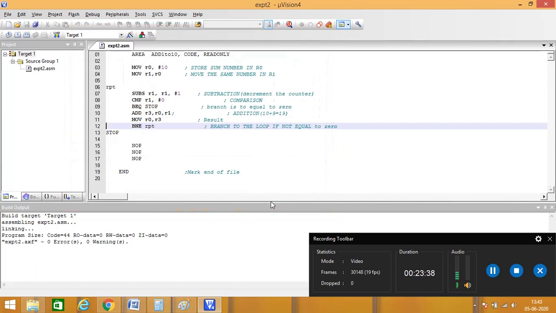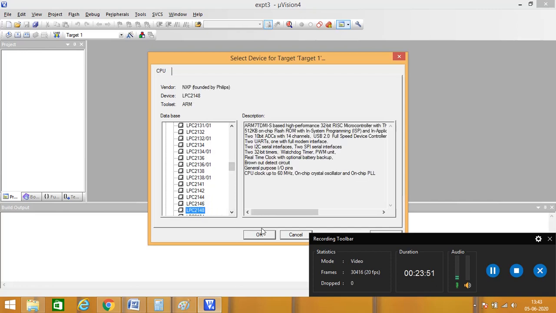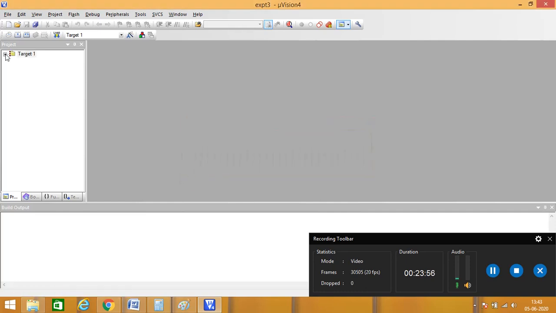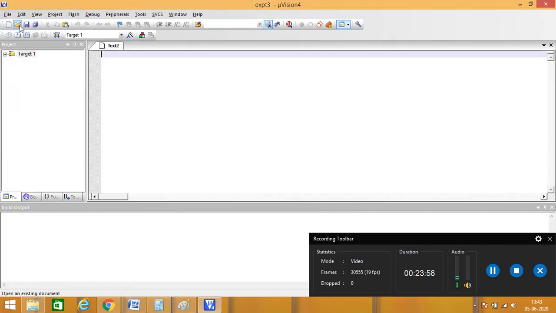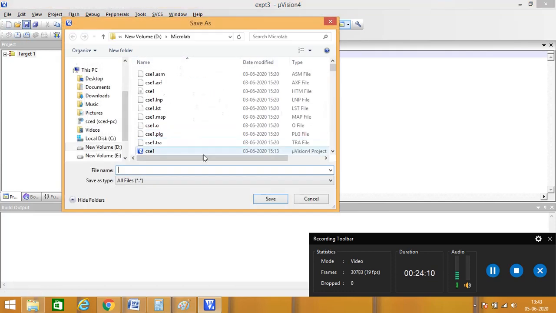Okay, save it, find your device, okay, say no to this, go to file, create new project. Okay, align this to center along with these instructions. Okay, save it using a .asm instruction,